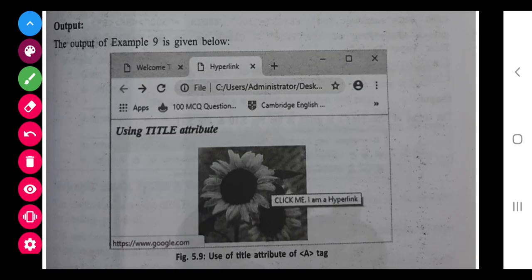It will appear there, as it was not appearing in previous program because title we have not given, but here we have given title. So here that text is coming, click me, I am a hyperlink. You can write anything here as a text, click me, I will get into the google.com, like that any message you can give.